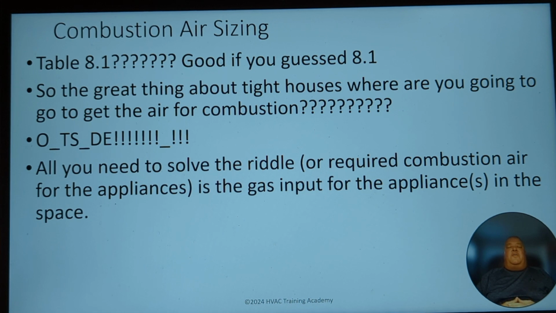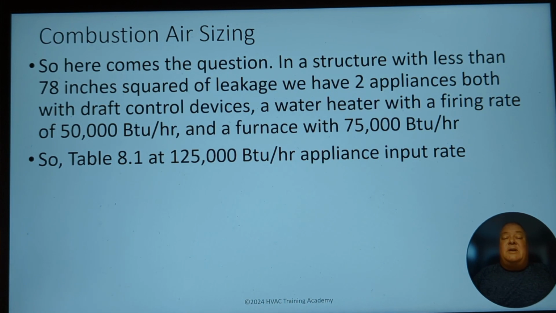So where are you going to go to get your air for combustion? I say tight house, you say outside. So really at that point, all we need to do is figure out what the appliance input is in that space. So the next question: in a structure with less than 78 inches square leakage, two appliances both with draft control devices, got a water heater at 50,000 and a furnace at 75,000. So table 8.1 at 125,000 BTUs per hour, appliance input burner rate,